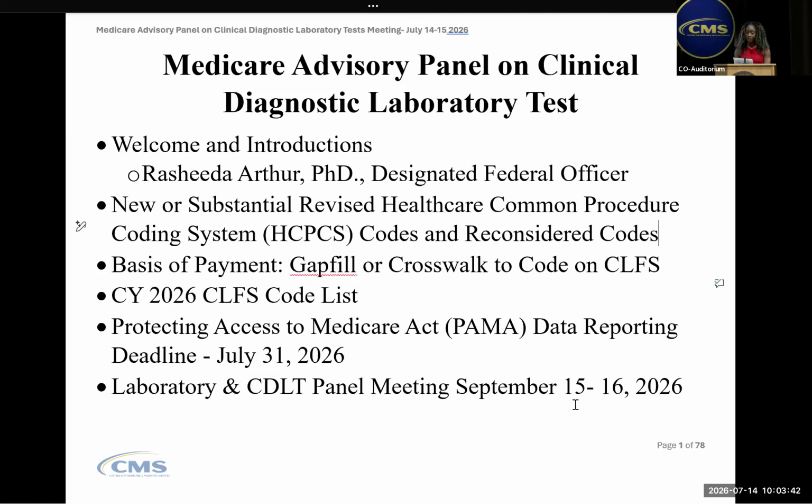Unlike a new crosswalk test, the payment amount for a new gap fill test is not established when we determine the basis for payment because it takes approximately 9 months from the CLFS annual public meeting for MACs to establish MAC-specific amounts and report those amounts to CMS. In November of each year, we generally finalize the basis of payment for new and substantially revised test codes and the amount of payment through the annual CMS instruction implementing the updated CLFS for the next calendar year.